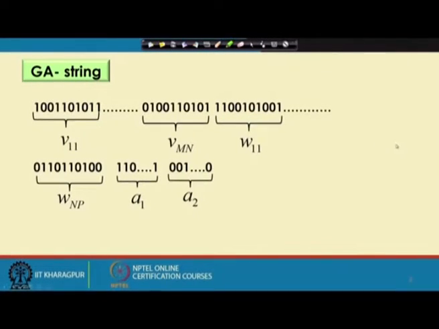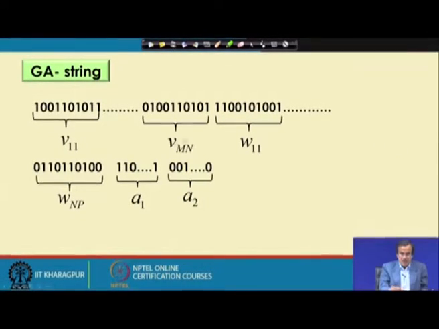Now, as I told, I am going to use a binary coded GA to code all the design variables, and the principle of binary coded GA we have already discussed in much more detail. So, I am not going for that. The only thing I will have to decide is the number of bits to be assigned to represent a particular variable, and that depends on the required precision in the values of the variable.